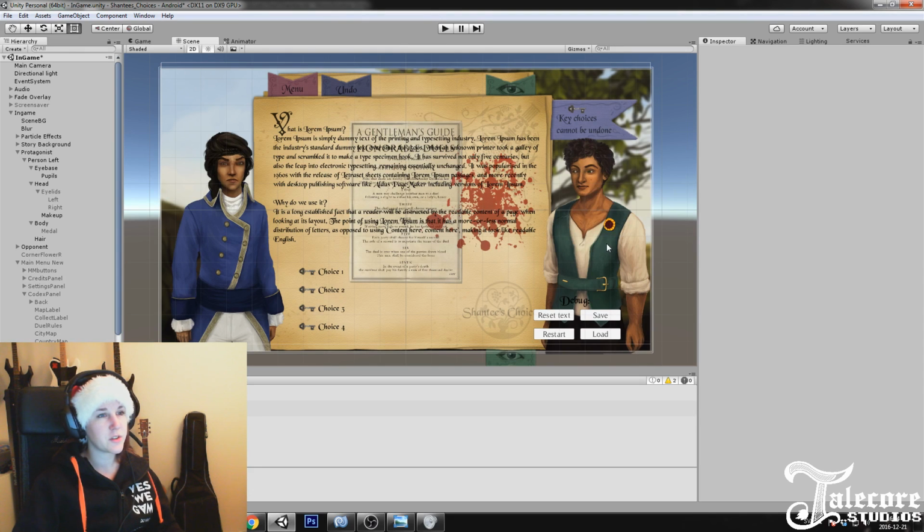Shantee is always on the left side, and the opponent is always on the right side, if any. Sometimes, of course, you're alone. Sometimes you have someone you talk to. As it is right now, you can only talk to one person at a time. But the portrait changes if you're talking to several people and a specific one talks to you.